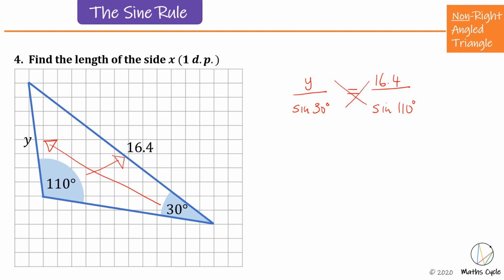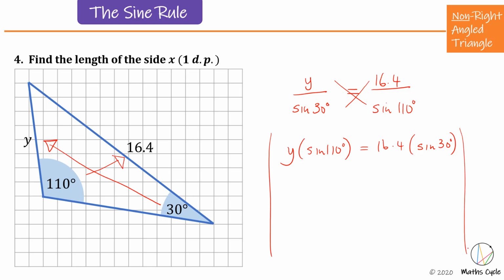So here, first of all, I'm going to cross multiply. I'm going to keep my unknown on the left, so that's y multiplied by the sine of 110 degrees equals 16.4 times the sine of 30. Okay, from here on in then I'm going to use my balancing method because my y is multiplied by the sine of 110, so I'm going to divide both sides by the sine of 110 to reverse that. So divide by the sine of 110. Okay, so that will cancel this off for me here, and I'll be left with just the y that I'm looking for. And on the right hand side I have 16.4 times the sine of 30